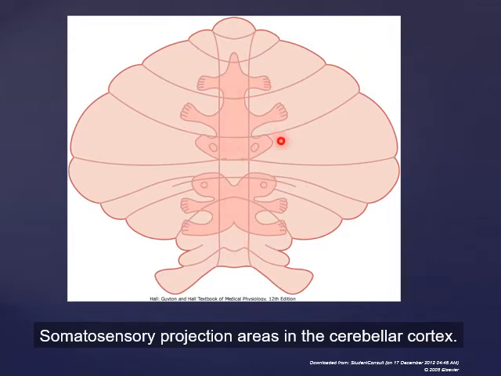And then this is the intermediate zone. The intermediate zone gets a lot of representation from the distal parts of your body, for example, your fingers, your toes, your legs. You can see the lateral zone has almost no projection from the distal or even the proximal part of the body, because much of the lateral zone is in direct contact with the cortex and the signals arriving from the cortex or other areas of the brain directly, so it has no such representation.